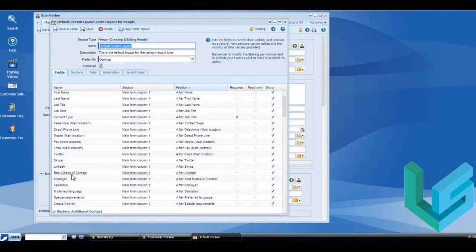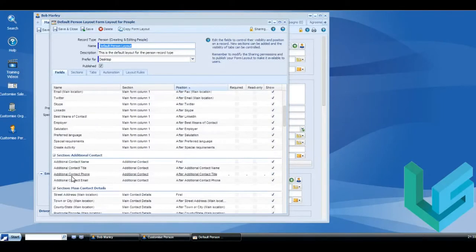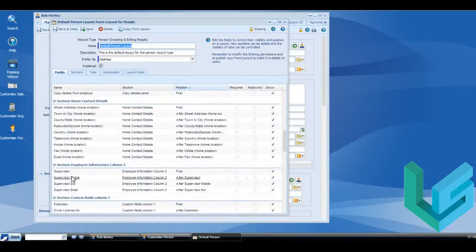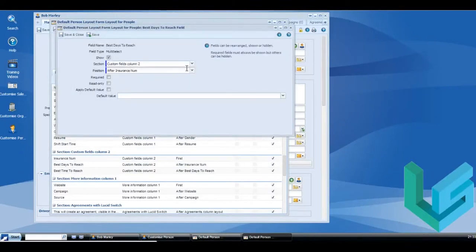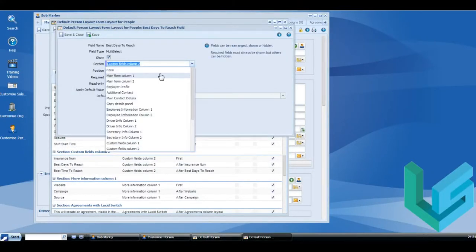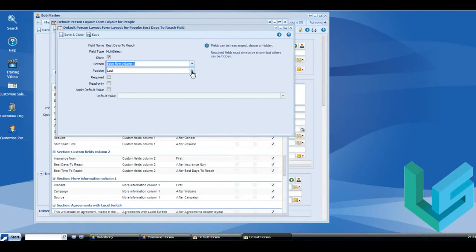So for instance, after best means of contact, I was going to put best days to reach, and so I'm going to go down to my best days to reach here, and then I click on this. Now I can go to main form column 1. I can't go last because I guess I could technically go last and then just delete the other one. So